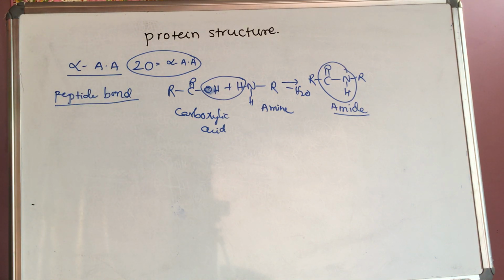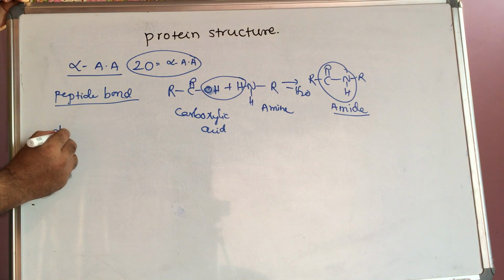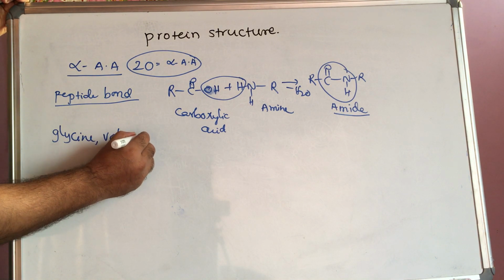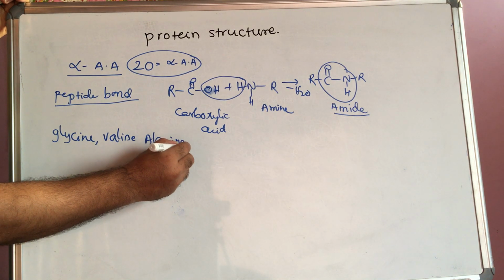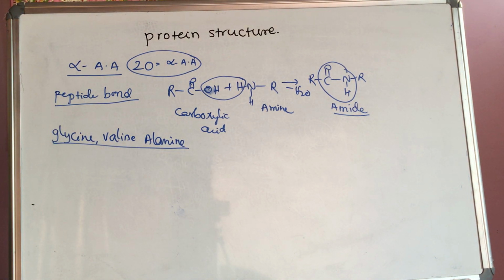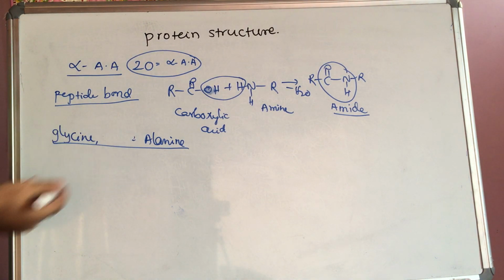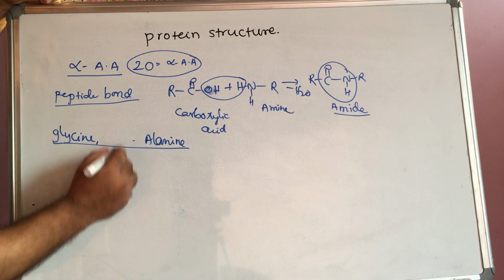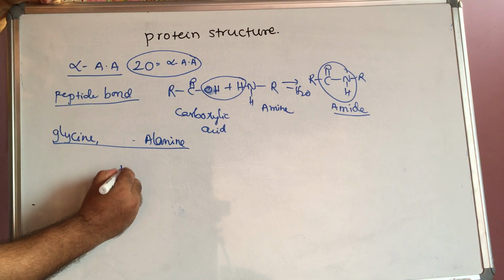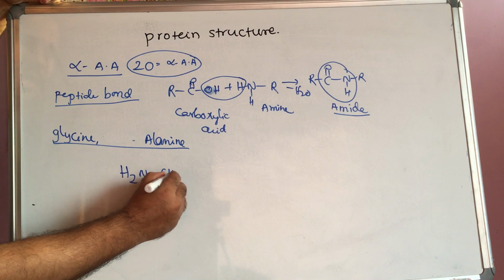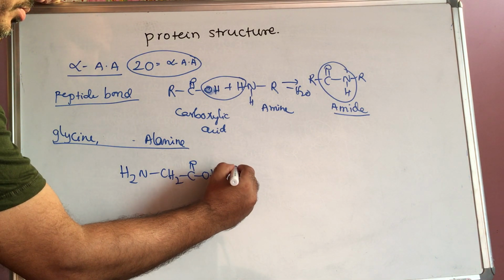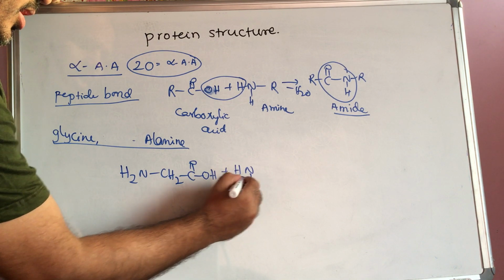This peptide bond, with amino acids we discuss. For example, we know glycine, valine and alanine. Otherwise, with a dipeptide only, you write first because it is the simplest example. We know the glycine structure. What is the glycine structure? NH2 CH2 C double bond O OH plus this is NH H. Separately I am writing it to lose the water